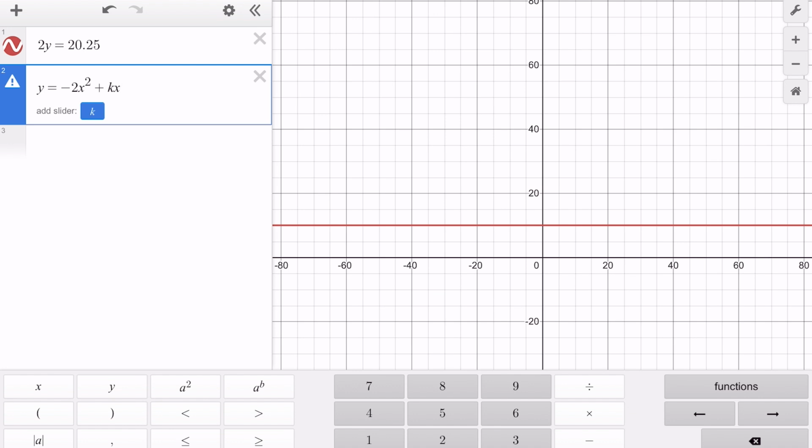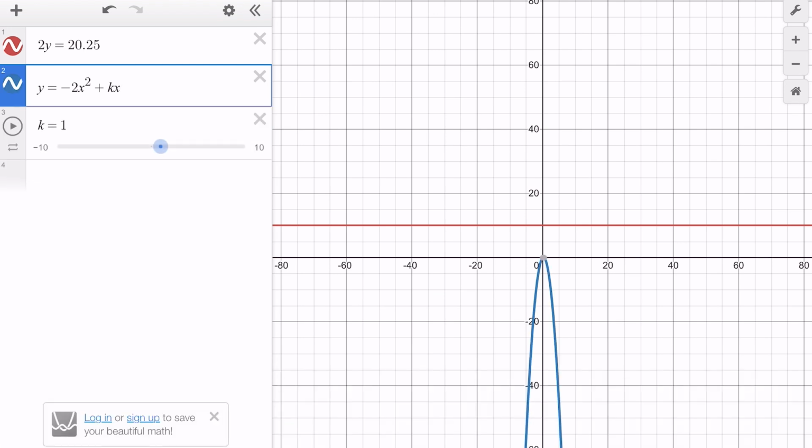And so what this actually means is it's saying, I don't know what k is, but if you want to just test different values for k, that's fine, I'll let you do that. And so I'm going to press the k here to add what we call a quote unquote slider. And the slider is going to basically change the value of k and show you how the graph results from this change in k. And so I can just slide it as the name suggests, and it moves my graph